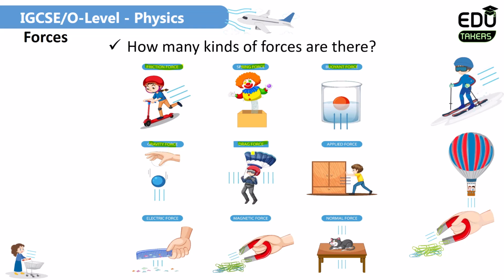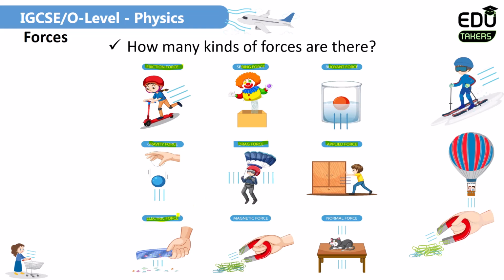Drag force. Drag force is present on any object when the object is moving through the air, so that its weight is acting in downward direction, but there is an opposing force that is acting in opposite direction so that the object slows down and gains the terminal velocity. You already know about the drag force. Next is the applied force. When you apply the force on any body, like you pull or push any object, then this will basically be the applied force.